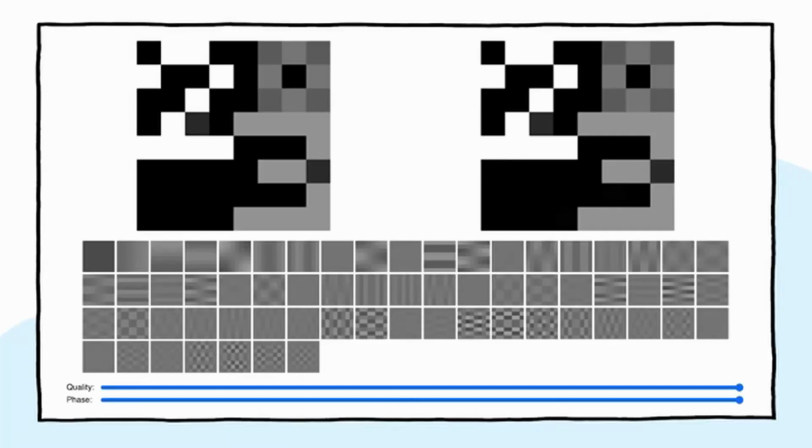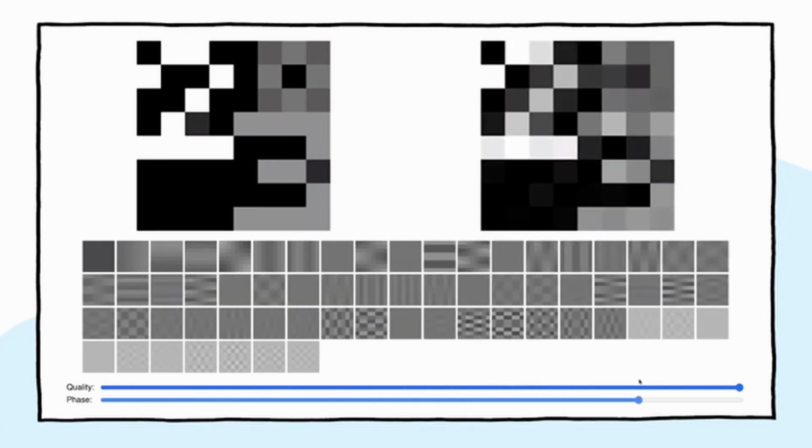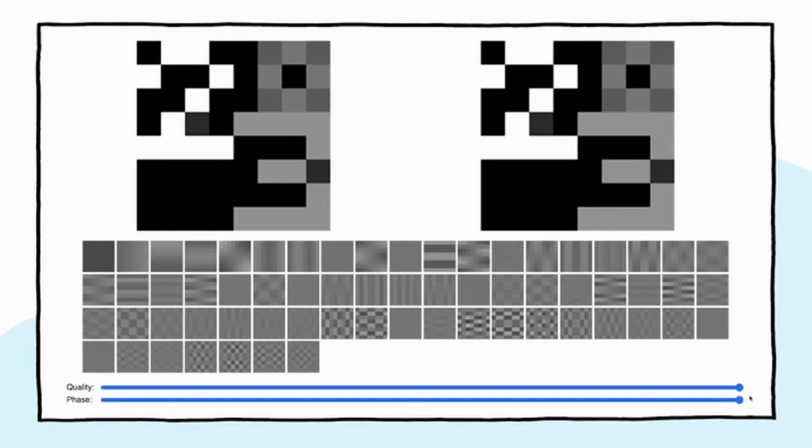This 8x8 pixel art can be represented by a sum of these 64 images, each multiplied by an intensity factor. Here, each of those images is represented with their intensities. Going from phase 1 to 64 phases, we can see it building a blurry picture and then a close-up picture and then finally a full picture.